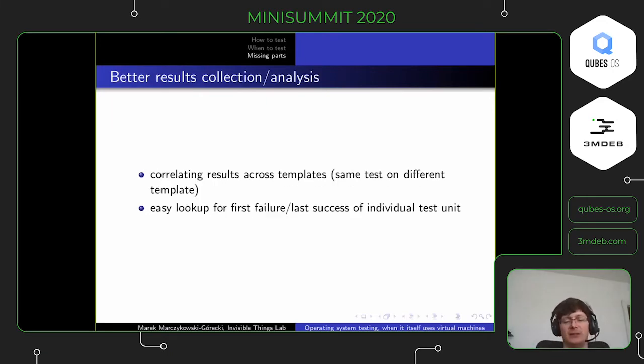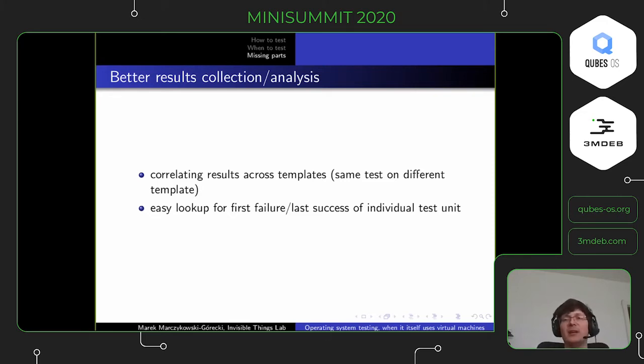Another thing that we would like to improve is collecting and analyzing test results. Ideally, we would have all the tests succeeding in all released versions, but currently we have some unreliable tests, but also more tests for things that are not yet fixed. And also, when something new fails, we would like to know what exactly is the context of this failure, because